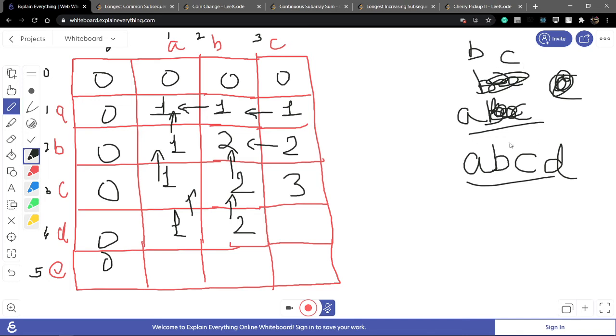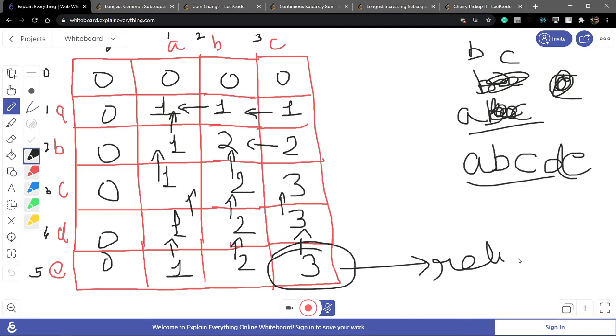Now C: not matched from D, but it comes from the D, only length 3. Okay. Now E. E does not match, 1 E. Including AB, it does not match, so copy 3. After that you make a table. The final answer is stored in this part and that is what you return.